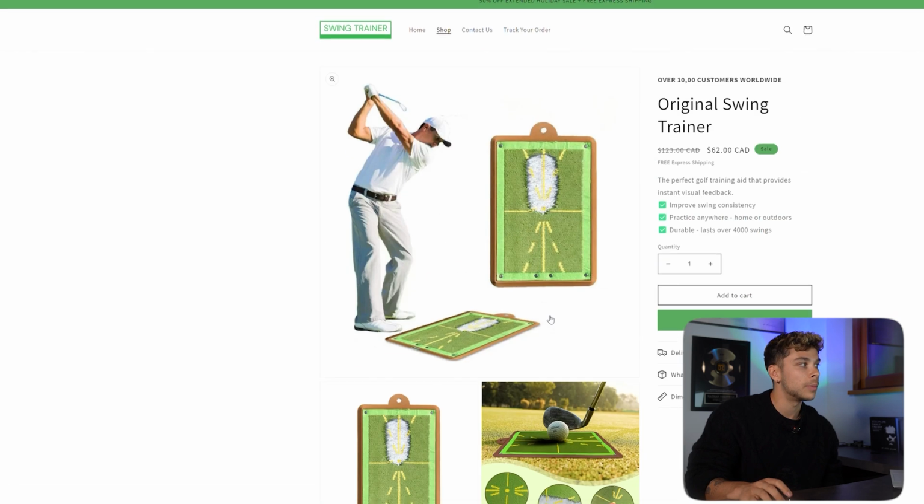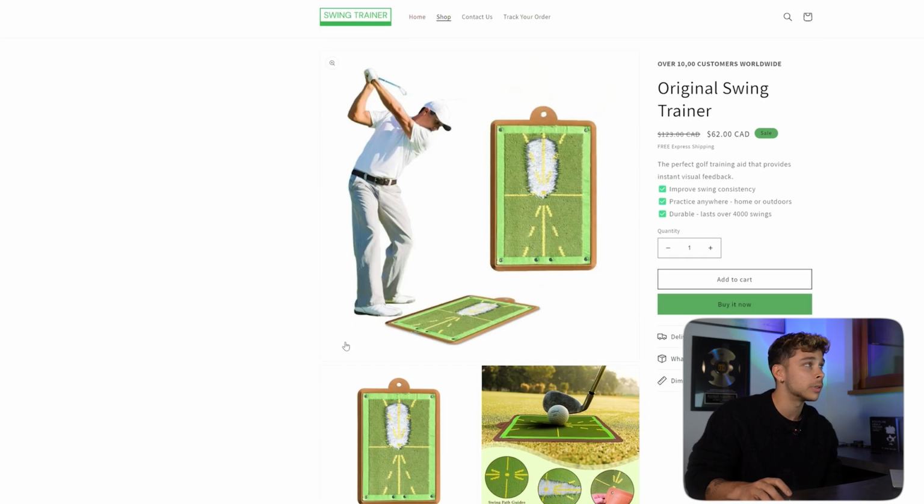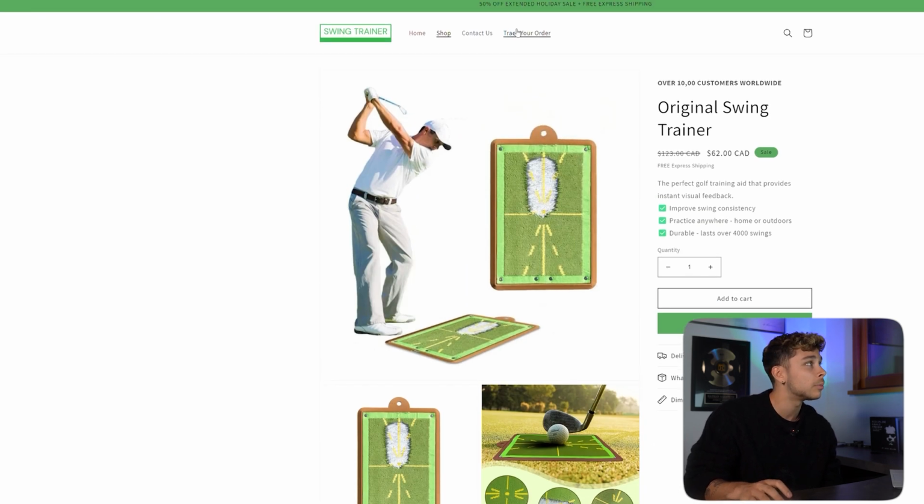Besides that, of course, we had our basic privacy policies, refund and shipping policies, the terms of service, a different search section for when we tried experimenting with some upsells, bundles, and complementary products, which I'll talk on in just a little bit because we ended up doing that for 2023. Obviously, just the main standard contact us and track your order pages that you should pretty much have on every